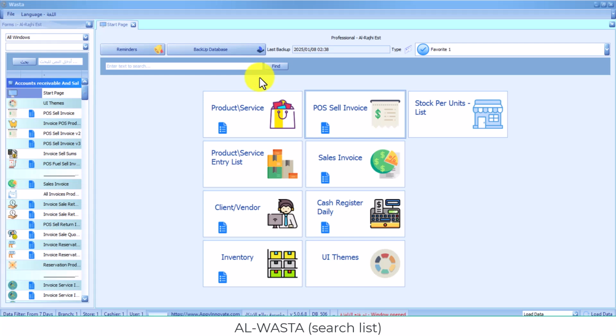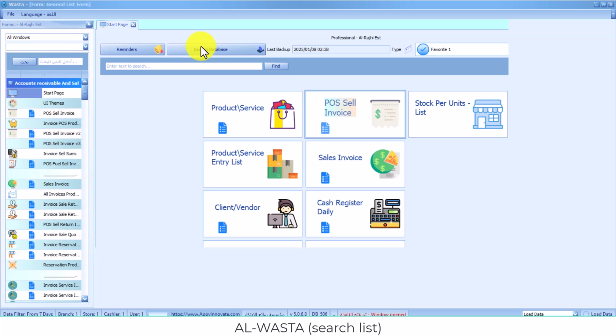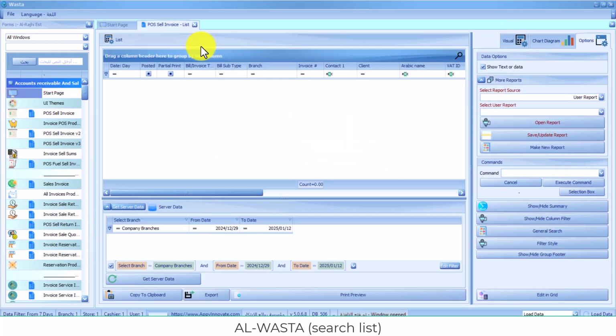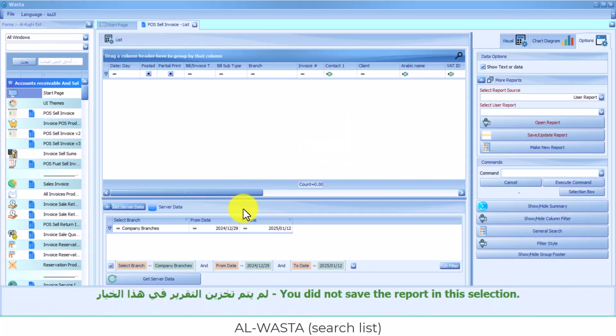To open any search list, just click on the paper icon of the page. For an example, let's open the POS sell invoice list. It will open for you. The first thing you should do is specify the date. So you should specify the date from here,